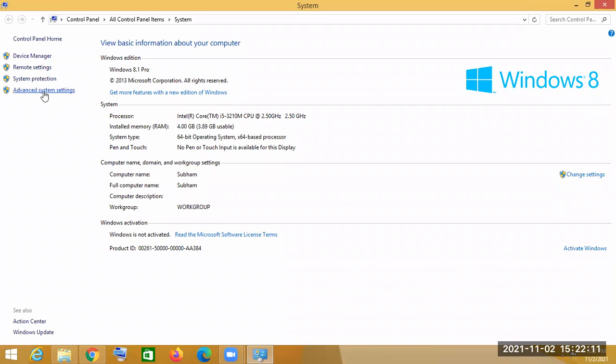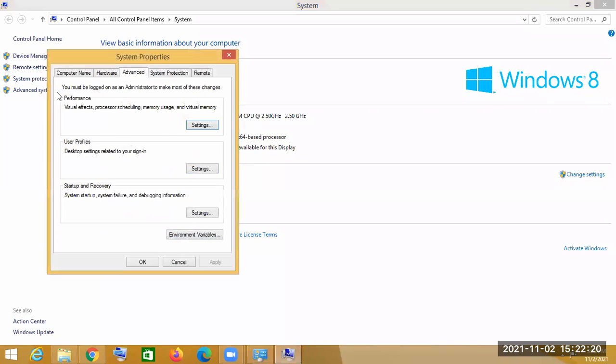After that, you will get an option called Advanced System Settings. Click on it, and the System Properties window will open.